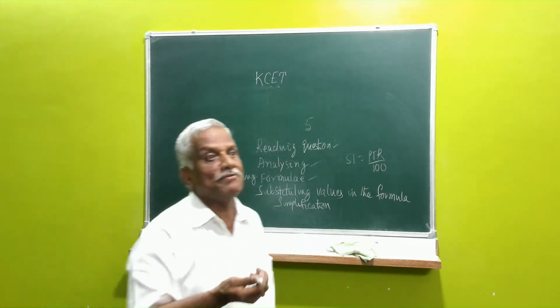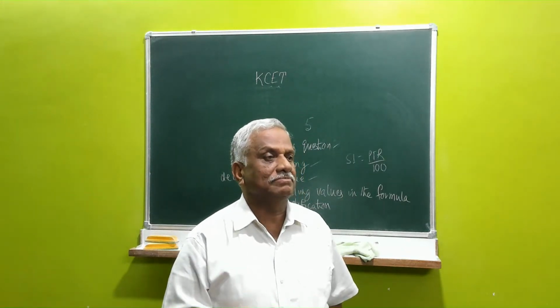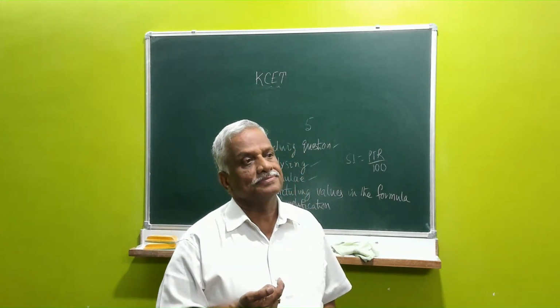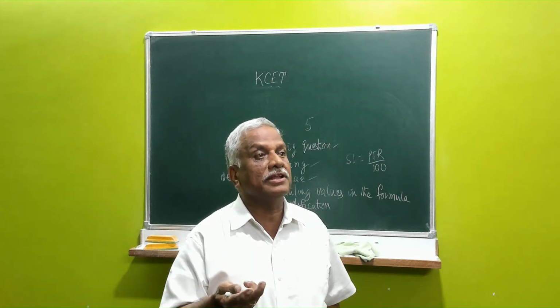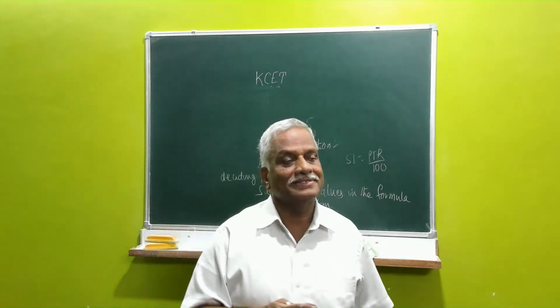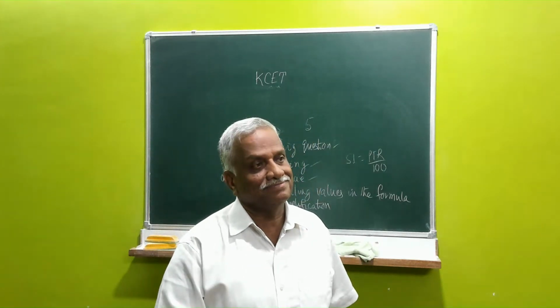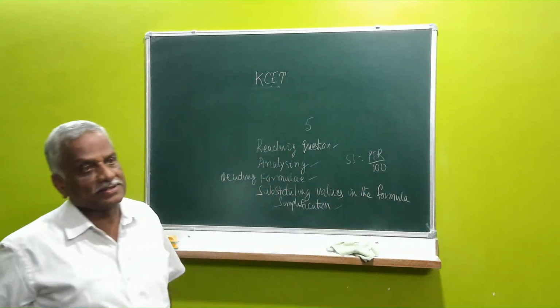The last step is simplification. 3 plus 2 becomes 6, many a time for many students. 3 plus 3 into 3 is 9, but sometimes for some students 3 plus 3 is also 9. What's the reason? Tension. So you have to be careful in simplification.